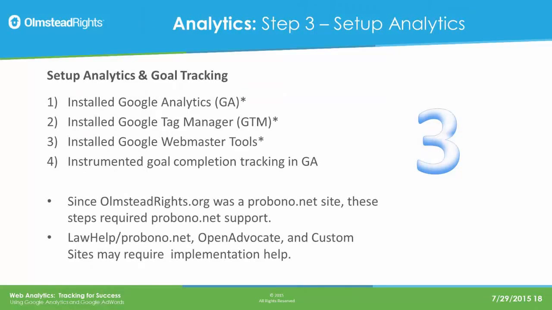To set up the tracking, again, there's 4 steps that you go through. One is installing Google Analytics, about how probono.net can help facilitate that. We recommend installing Tag Manager, again, because you can track more things like scrolling down to the bottom of a page and other types of media engagement elements that are less likely to be possible in a standard CMS. Installing Google Webmaster Tools, it's now called Search Console. But if you search for Google Webmaster Tools, you'll see what it is.